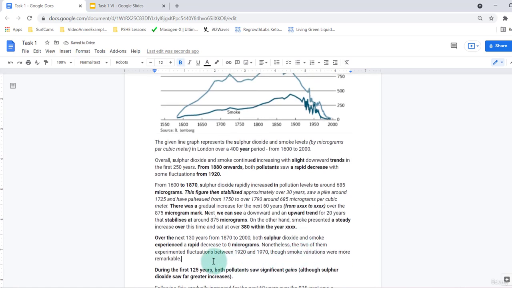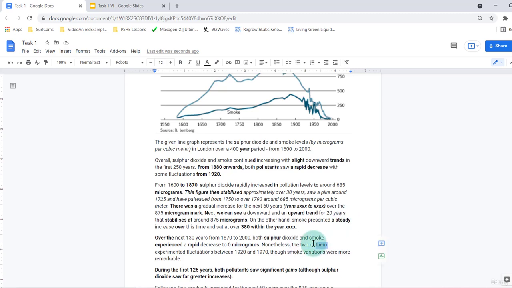Nonetheless, the two of them experienced fluctuations between 1920. Okay, yes. Nonetheless, okay, I'll leave that in. That's more of a task 2 style opening phrase, but I think it does quite work to say, because we're saying here, eventually went to 0 micrograms, pretty much. Nonetheless, kind of works because we're contrasting the two. Nonetheless, the two of them. Let's